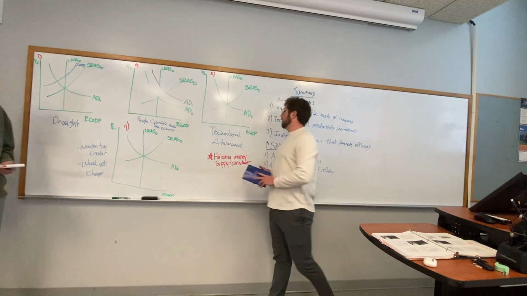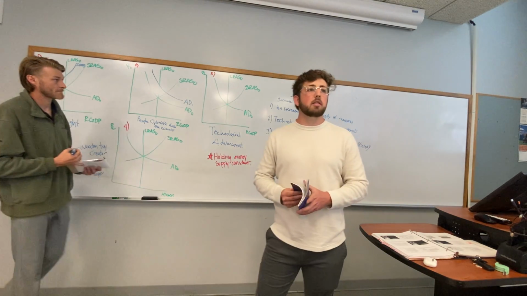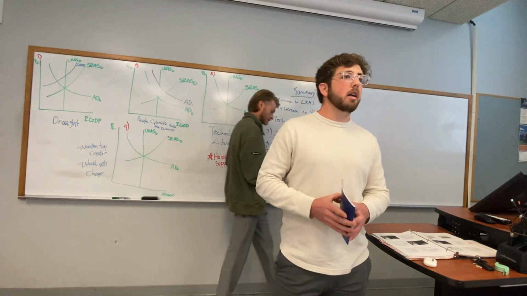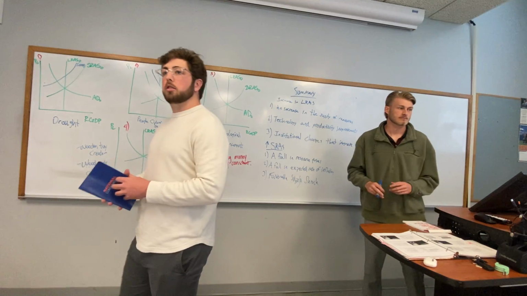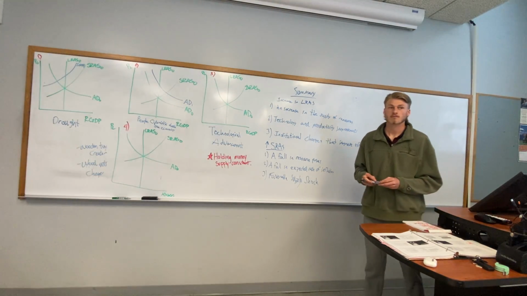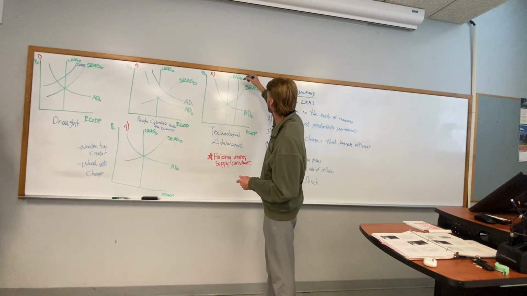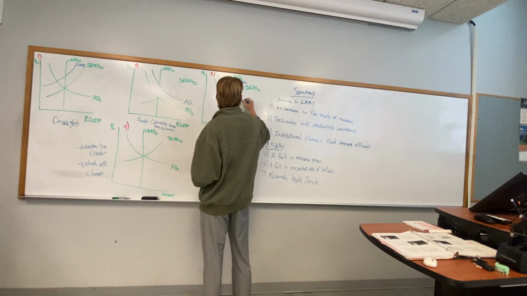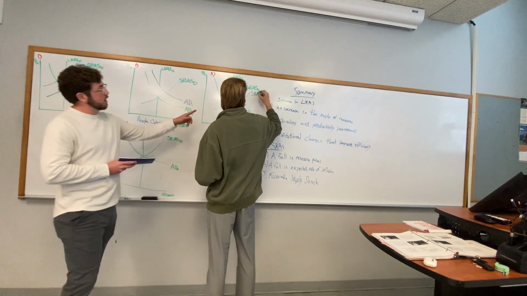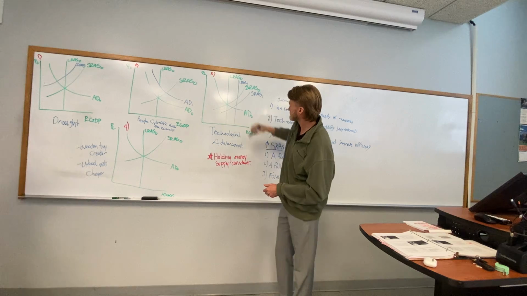Number 3, technological advancement. This one's tricky. Technological advancement. What's that? Long run aggregate supply, right? So what happens with that? Shifts it to the right, but what's it bring with it? Yeah, it brings the short run, right? You're moving the long run and the short run, both shifting and increasing. And so then it meets right here on the new equilibrium.